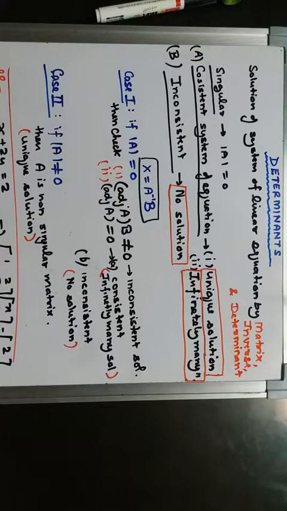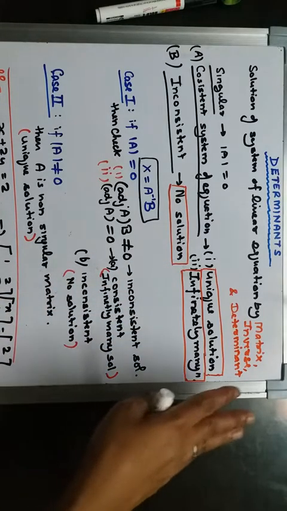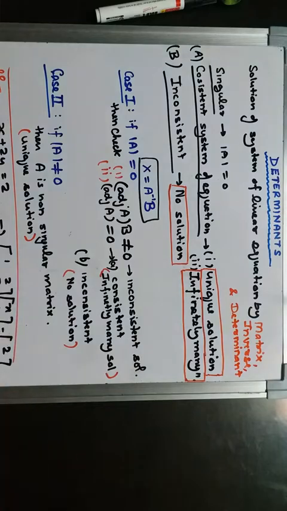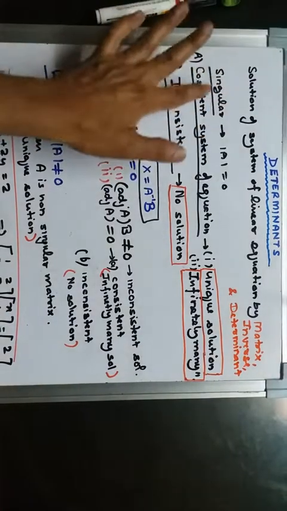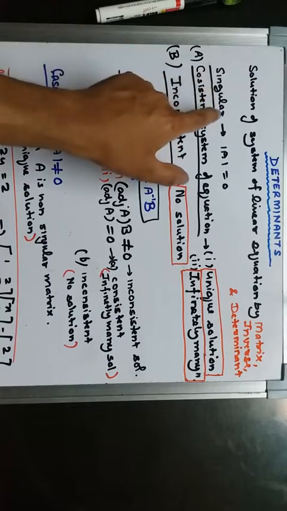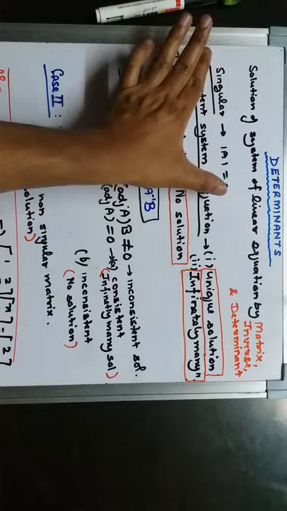So whenever the question says solve the system of linear equations using the matrix method, or simply says solve by the determinant method, we have to solve this way. We know that in the previous video we discussed what a singular matrix is. A singular matrix means the determinant of A will be equal to 0. This is only a recap.